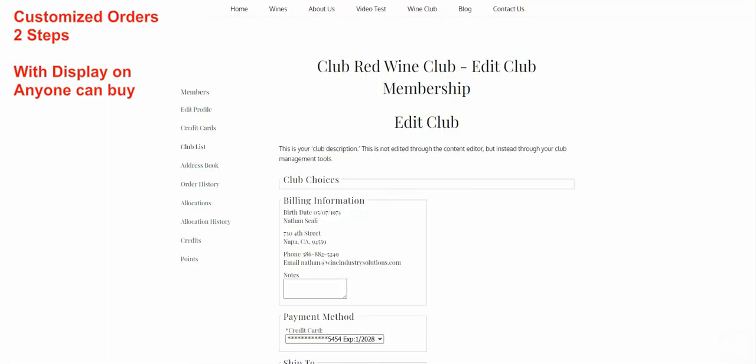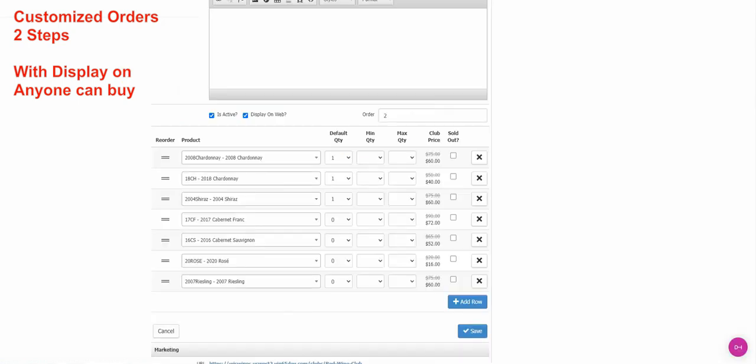They are not going to be able to go under wines and choose wines and put them into their club order. They will have to reach out to you and say, hey, I want some of the such and such Pinot. Great. What you will do is, one of 2 times, you are going to either, with Display on Web on,